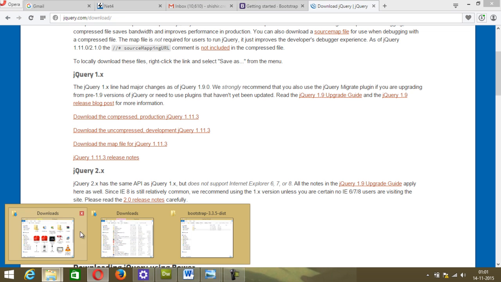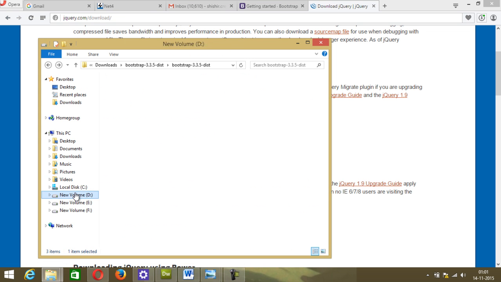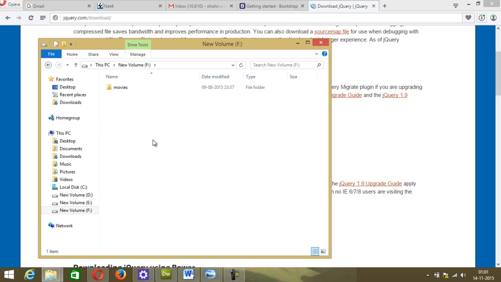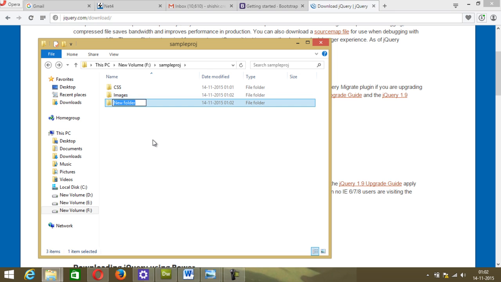Now before starting a project, you should create a project folder. So go to say F, we'll create a new folder over here. We'll name it sample project. Inside it we will make folders for the project. First is CSS, second is images. Inside images I will have two more folders, one is background and the other is illustration. And then we have a JavaScript folder,